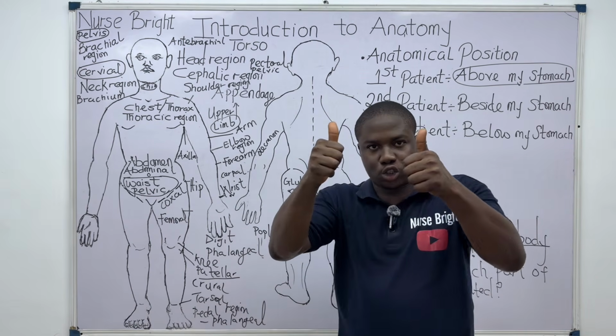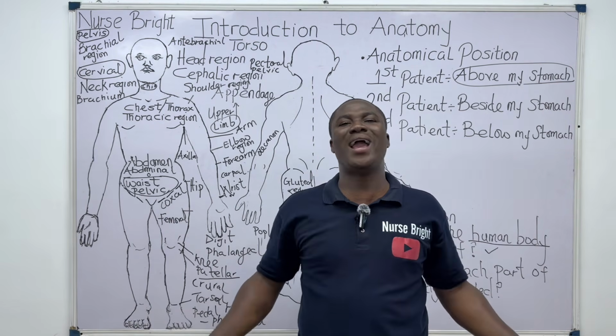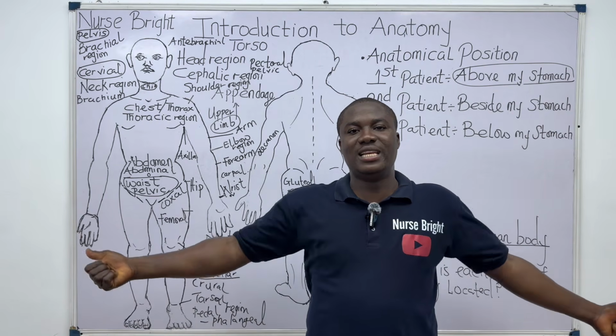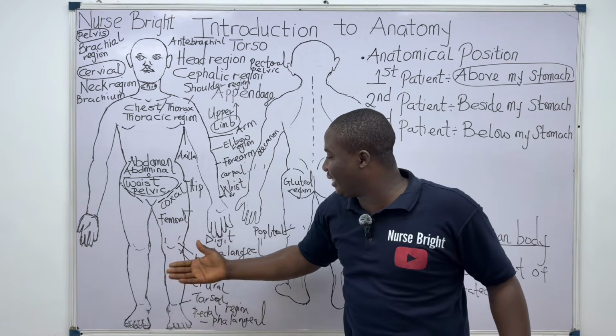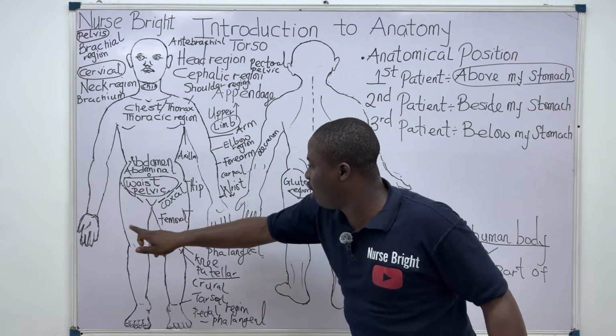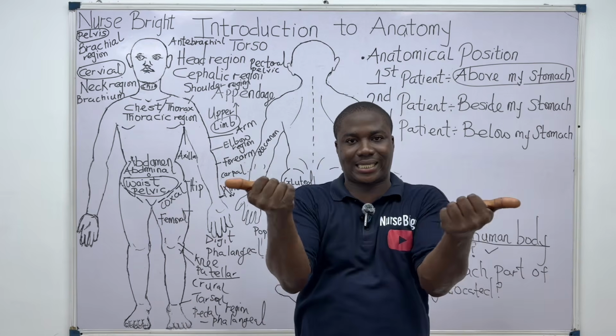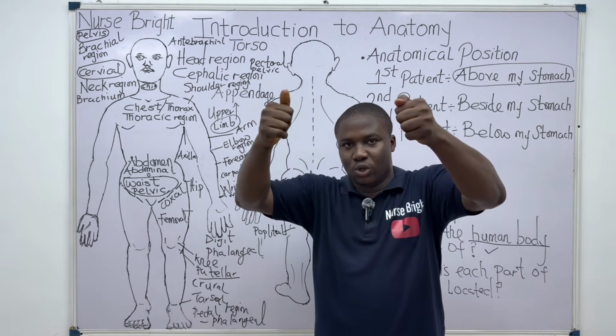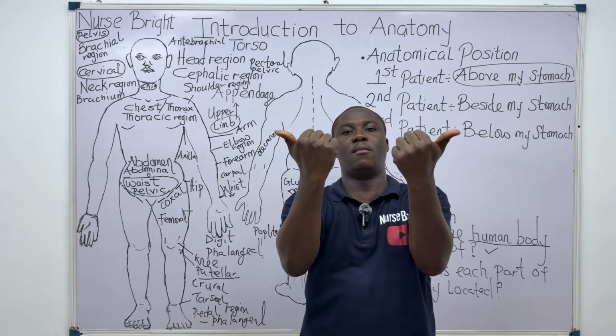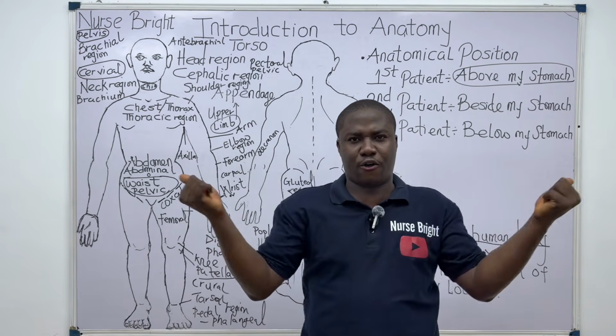This is your thumb. The thumb is pointing away from the body. They are positioned away from the body. The way this individual is standing, you can see that these are the thumbs, pointing away like this. This is anatomical position. The thumb will not be like this. This is not anatomical position. They must be pointing away from the body.